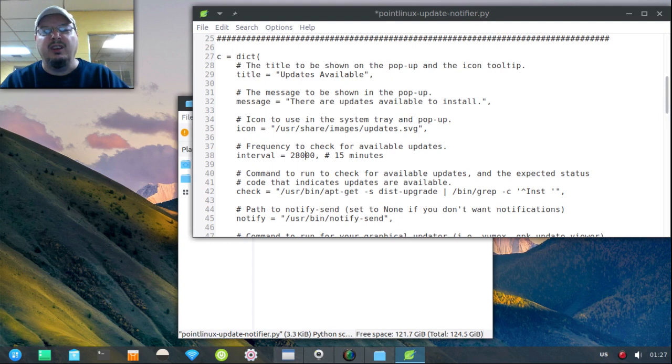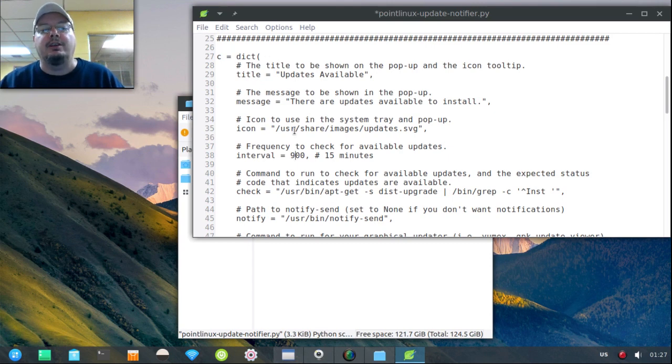If you get 280,000, it needs to look just like that. Whatever number you come up with, don't put any commas in the number. Just leave it all numbers, but make sure this one little comma right there is left. Okay? But for the purposes of this, I'm going to leave it at 900, because what I'm going to do,